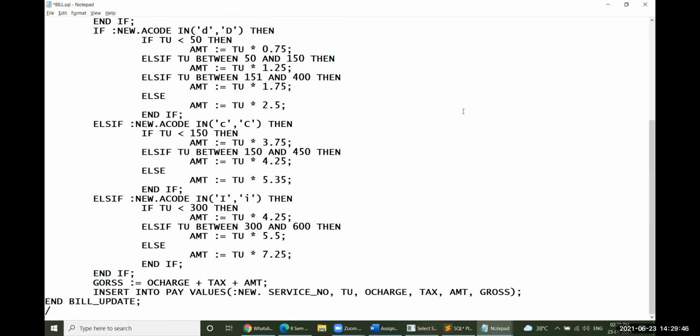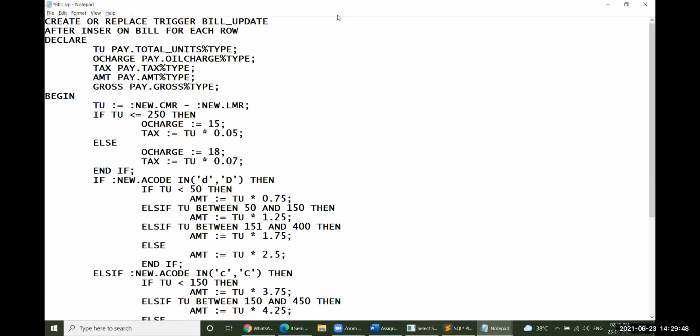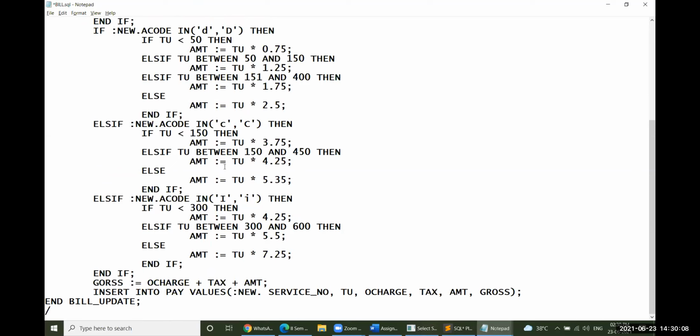After insert, the trigger is on the bill table, on bill for each row declare. Everything seems very good, so let me execute this for a while, to see whether it is successfully completed or not.